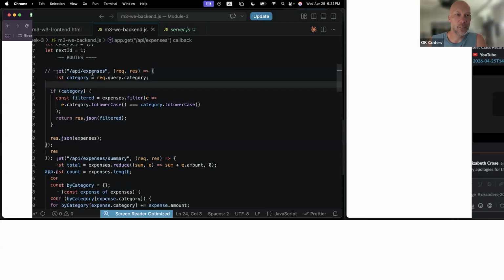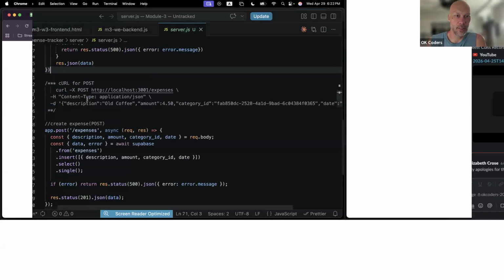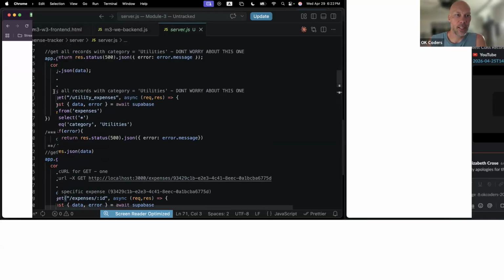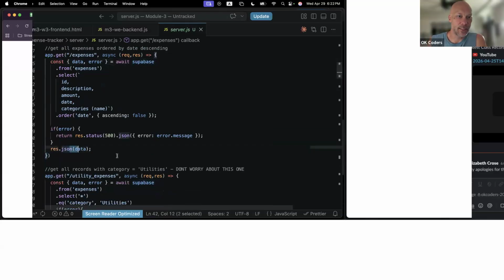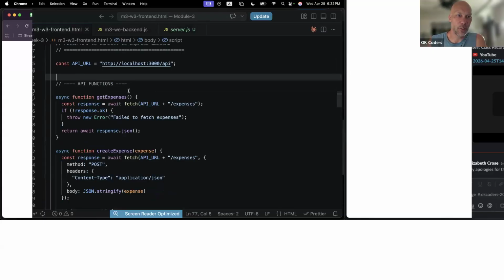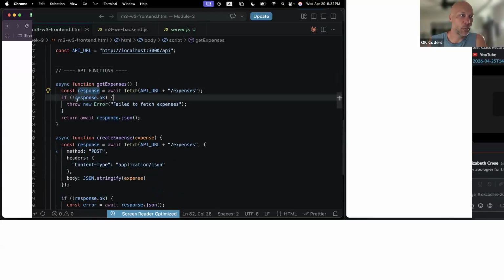What we're going to do here is we would go reach the database like we did before, get whatever it is, and then return it back. And so it would actually be more like this guy here. So it would be /API/expenses instead of just expenses, but then it's going to be the same thing. We're going to reach out to the database, select all our stuff, and then send it on back as JSON. And then this would receive it back here as response. Again, we would check it, make sure it's okay, and then return it to wherever this function was called, which would likely be inside of like a page on load function,